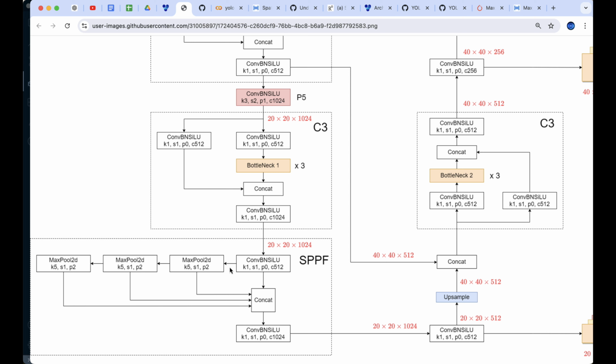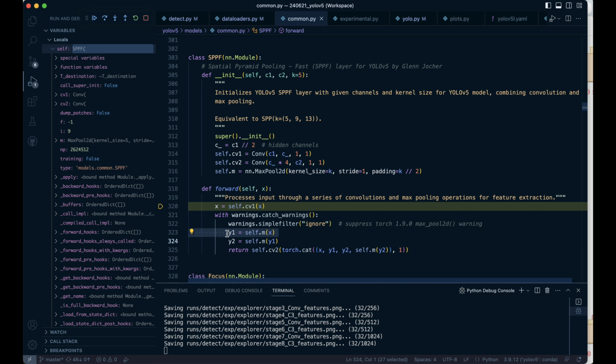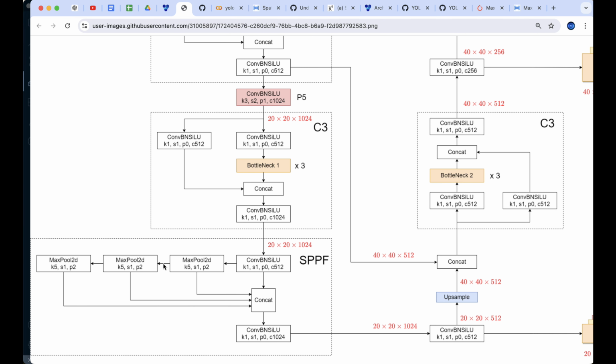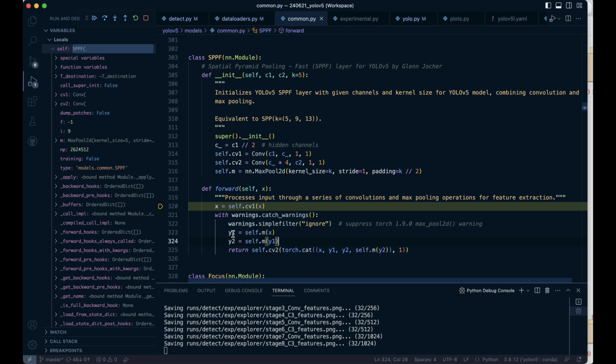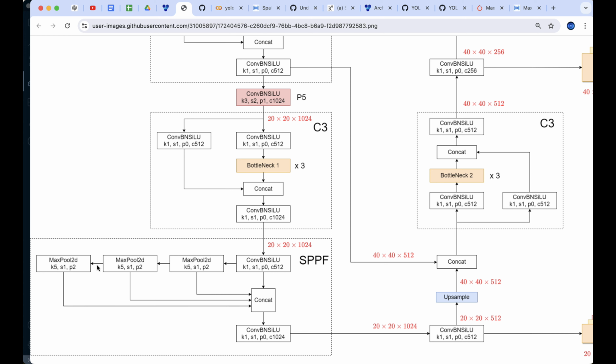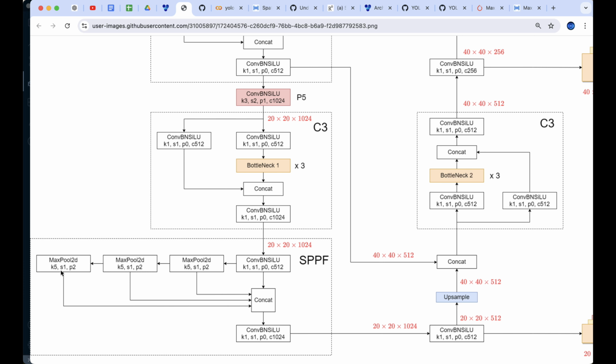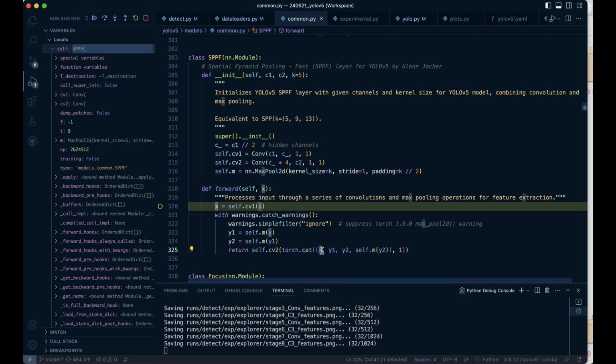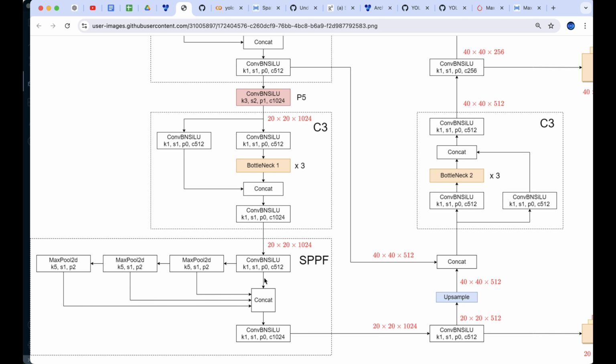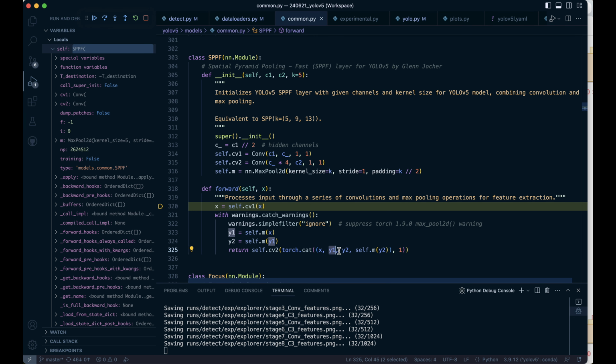And the new X is this value right here, right before going into the max pooling. And then that X gets max pooled. So Y1 is right here, as well as right here. Y1 is the input to the second max pooling to get Y2, which is this output, as well as this output. And then we get an additional one, which is this one. And we concatenate the input X coming out of the conv1 class, the input X, Y1, Y2,